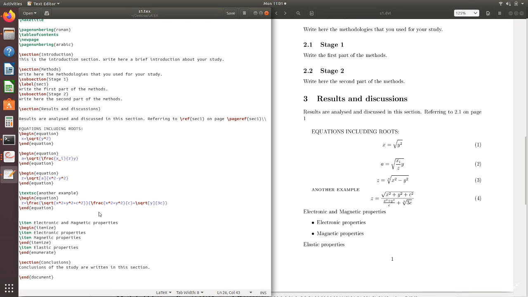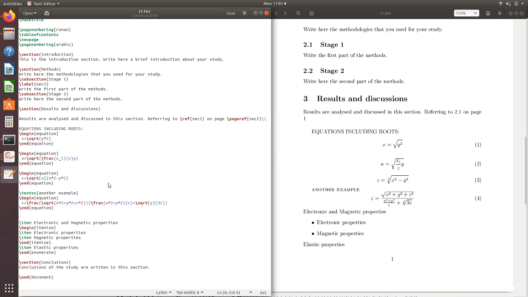And then the denominator started here, and it has a fraction, and frac x hat 2 plus y hat 2, that means x square plus y square. This should be the numerator of the fraction, and c is the denominator of that fraction. So that is here x square plus y square by c, and then plus square root with square bracket y, then 3c, that means y root of 3c, that is here y root of 3c. So this will produce your output like this.